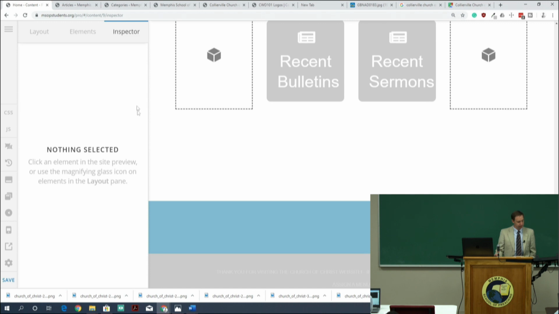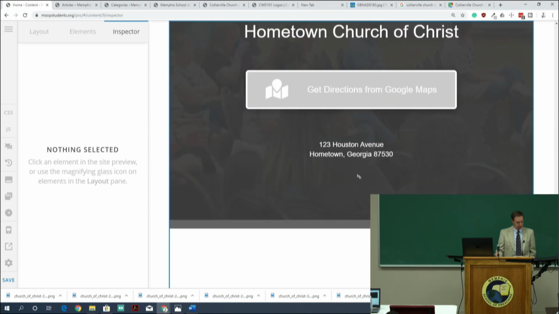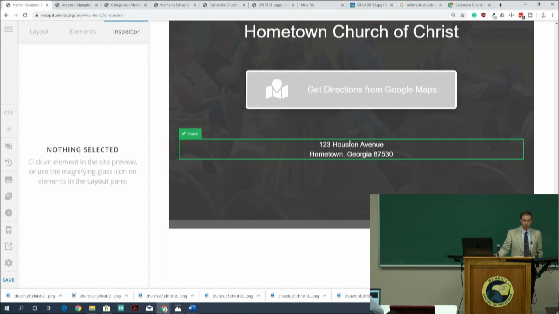We're going to go to elements right here. You should still have the area where the picture was in your screen, in your preview. That's important. Go to elements